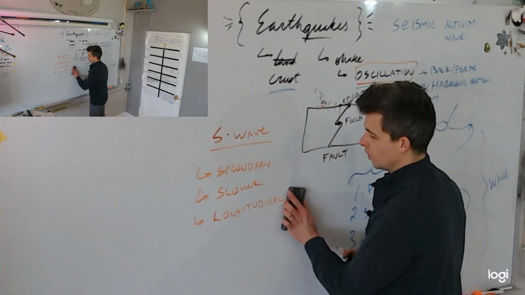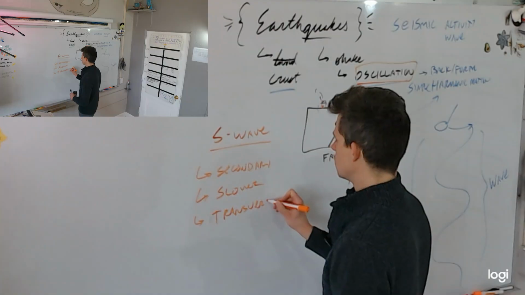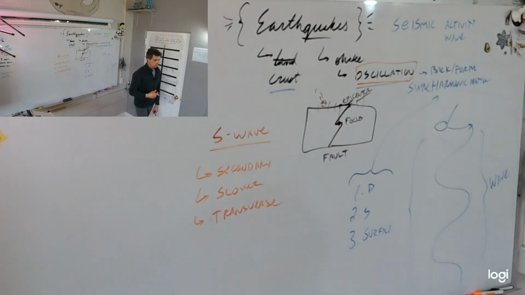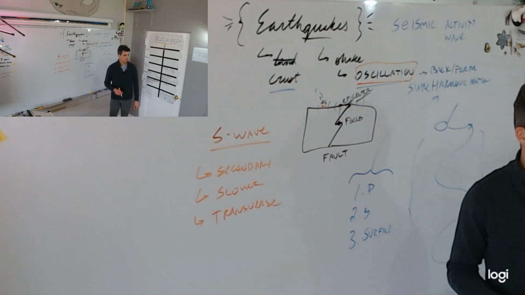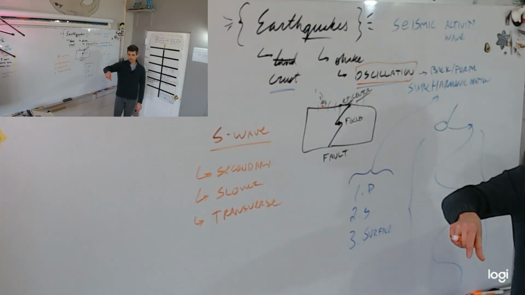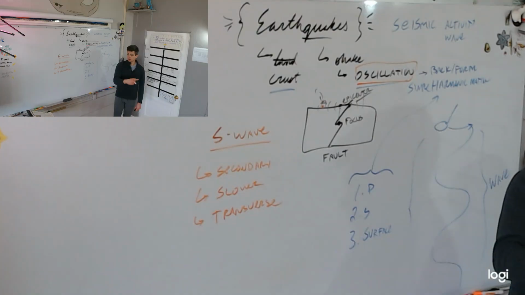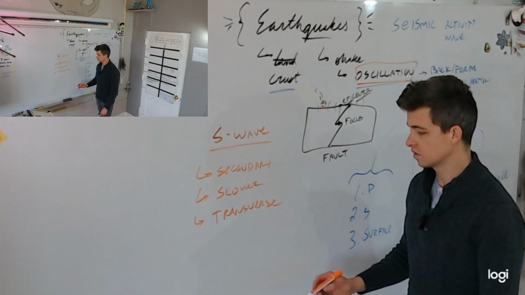Please go back to P wave and erase it and write longitudinal. The information was right. I just gave it the wrong name. That was a longitudinal wave. The P wave where you wrote transverse should be longitudinal. I guess I was all out of sorts on that one. You'll have to forgive me. Do you understand the correction I'm trying to make here? The information was right. It does move in the same axis as the energy. It's just that I used the wrong vocab word. The P wave is a longitudinal wave. The S wave is transverse.